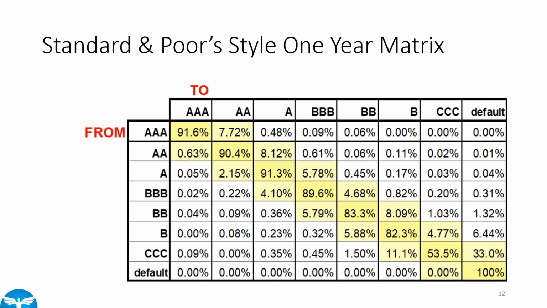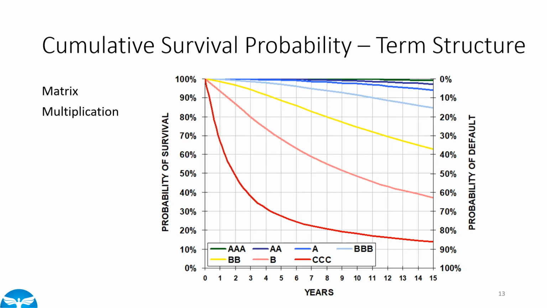And this is an example of Standard & Poor's 1-year transition matrix. They have more grades than we had in this very simple system that I took as an example. This is a real matrix based on real data over many, many years. Standard & Poor's also has rating modifiers, so they have more steps than this, and there are matrices available for the different steps, but this is the basic one. This is available in Standard & Poor's publications, and Moody's and Kroll and Fitch, all these rating agencies will publish these types of matrices, and they can be very helpful when you try to model the term structure